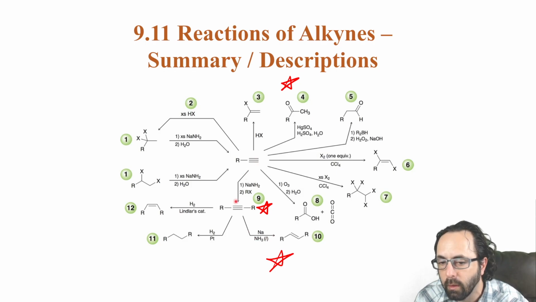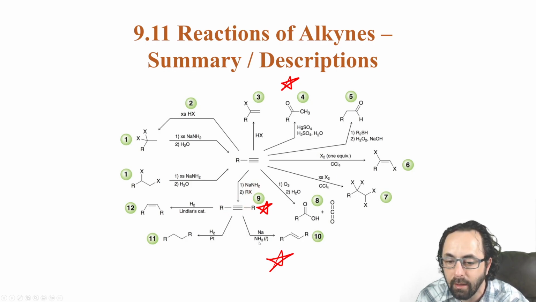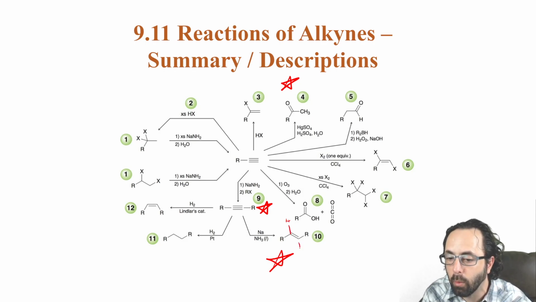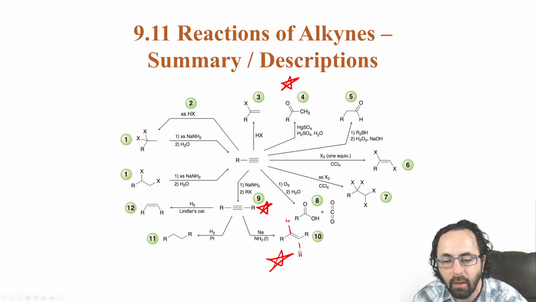Well, let's go to this one here. If we want to make a terminal alkyne longer and add more carbon atoms, we can deprotonate it and react with an alkyl halide like we saw before. If we want to do an anti-addition of 2 hydrogens, so instead of a syn addition, we put 1 hydrogen here, 1 hydrogen here on opposite sides of the double bond,